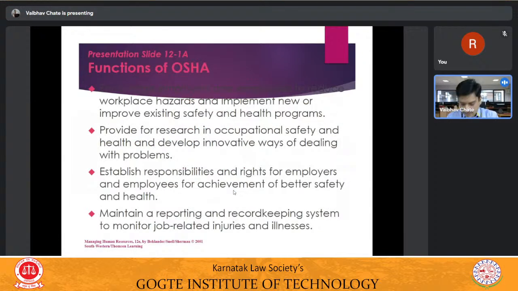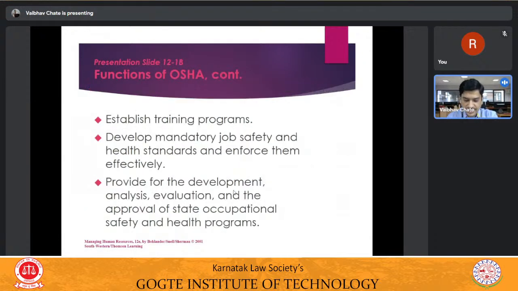So coming to the next part, what we study in unit number 1. In unit number 1, we are going to study the history and development of OSHA. We are going to study the national safety policy, why this particular OSHA is required, and what policies are already in place for the particular organization. And the Occupational Safety and Health Act, what exactly it is, and what is the difference between the Occupational Safety and Health Act and the Occupational Health and Safety Administration. So here we will be dealing with laws governing OSHA and right to know.